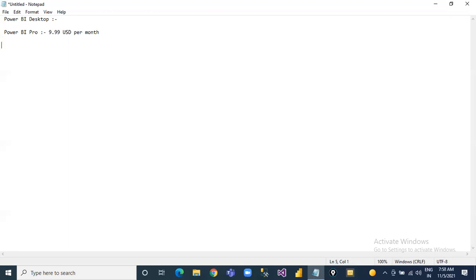Next one is Power BI Premium. Power BI Premium costs 4,999 US dollars per month, and it is used by very large organizations where they want large storage capacity.